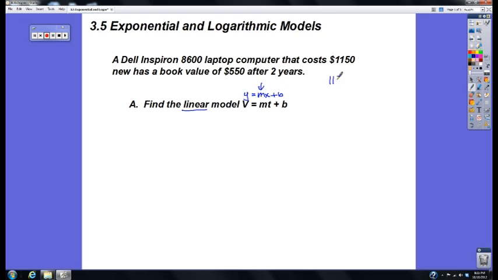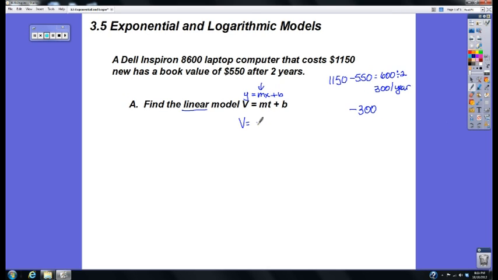Well, it started at $1,150, and it was worth $550 after 2 years. So it depreciated $600. Divide that by 2 years. So it dropped about $300 per year. So your slope, your rate of change, was a negative $300. So the value would be negative